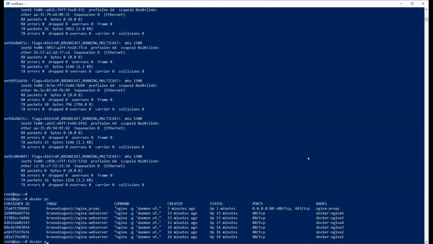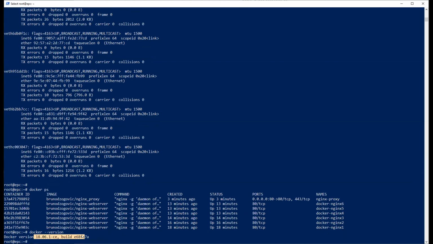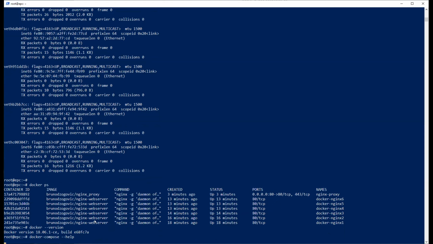If I type docker --version, the version of Docker works with specific versions of Docker Compose. So this is where things get tricky. You have to have the right version. This is, I think, the latest version of Docker. Docker Compose is like this. If you type help, I think it's installed on my computer on the VM. Quite laggy though. Okay, 19 is the latest version. Well, that's cool.